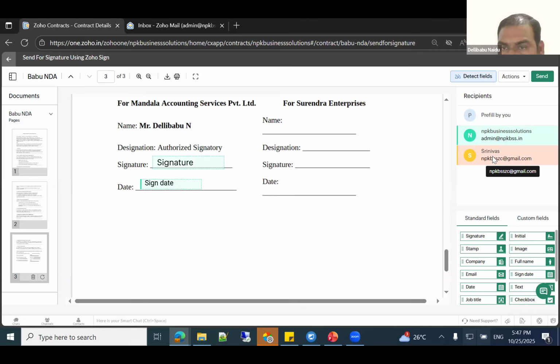See, the second thing, you have to click on Srinivas, that counterparty. Then you need to drag the signature and signature date fields. Whenever you are signing, at that time these fields will ask you to enter the details as mandatory.